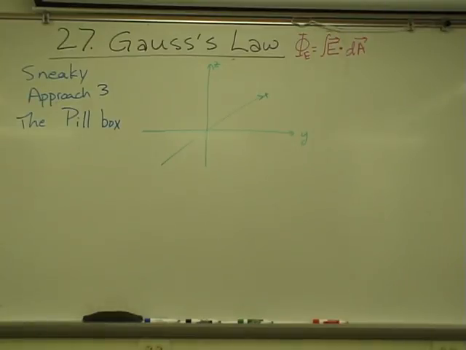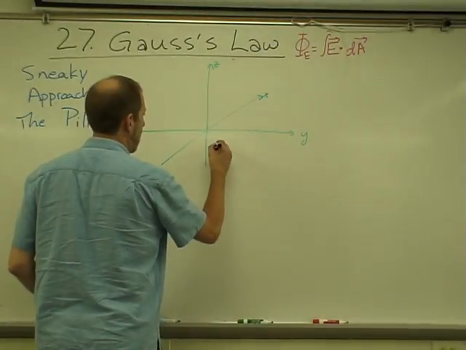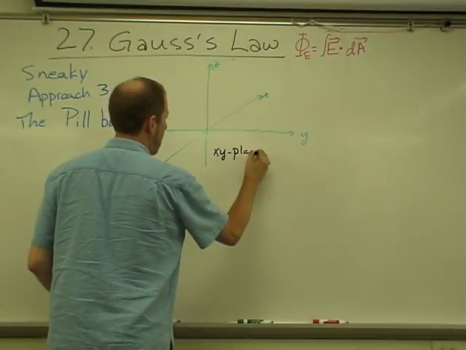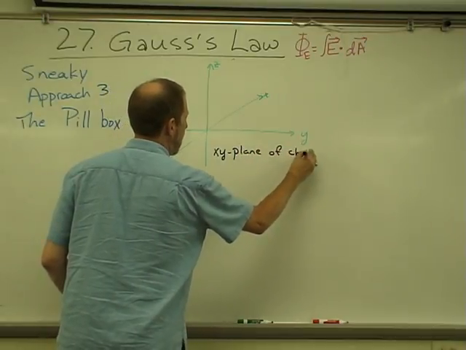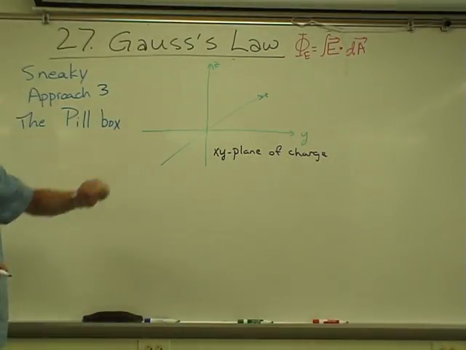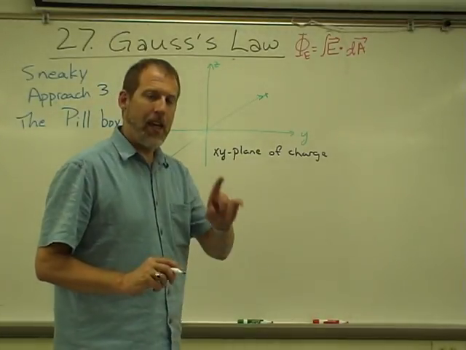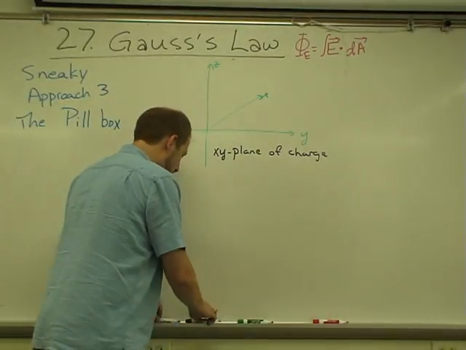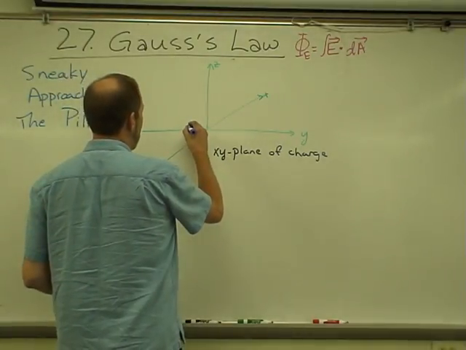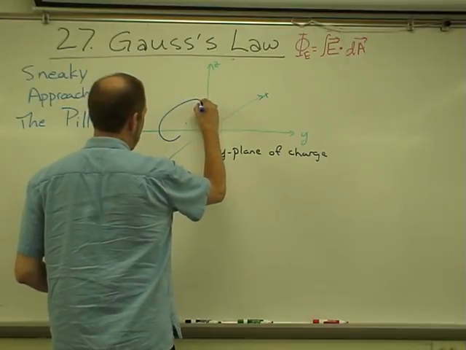Now let's look at a third approach, where I have an infinite plane of charge. Well, let's say that the xy plane is an infinite plane of charge. Now for this case, I'm going to make a surface. And here's what's funky about this surface, is that as long as the sides are perpendicular,